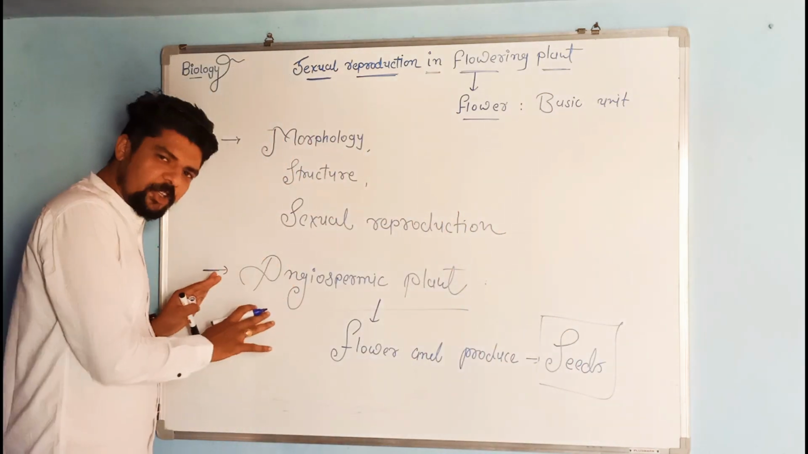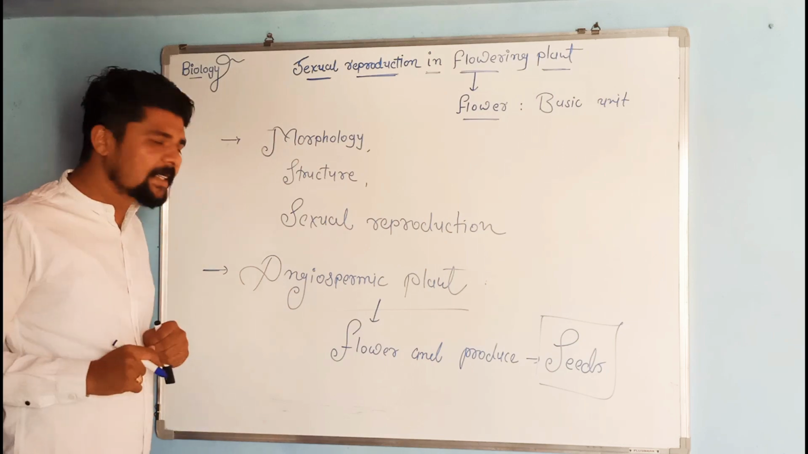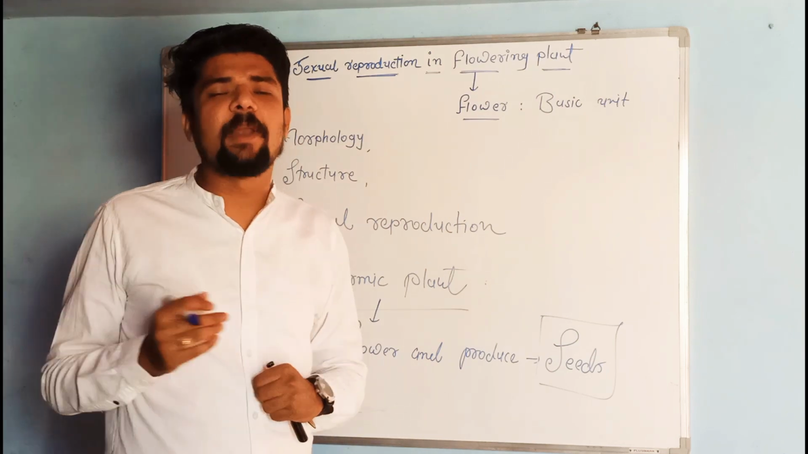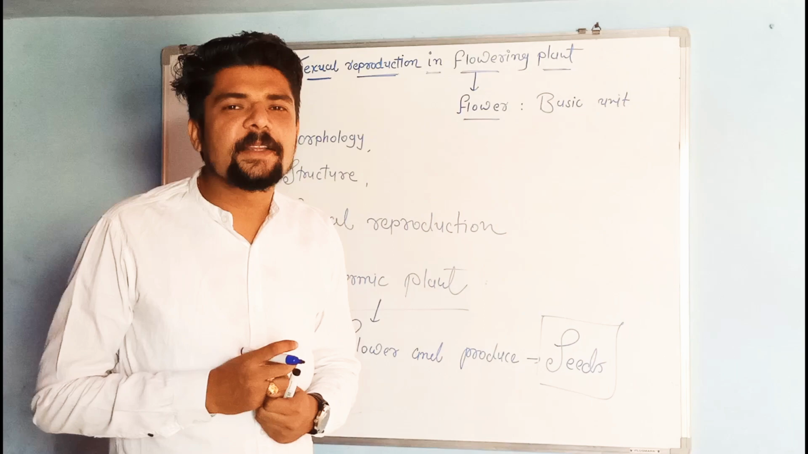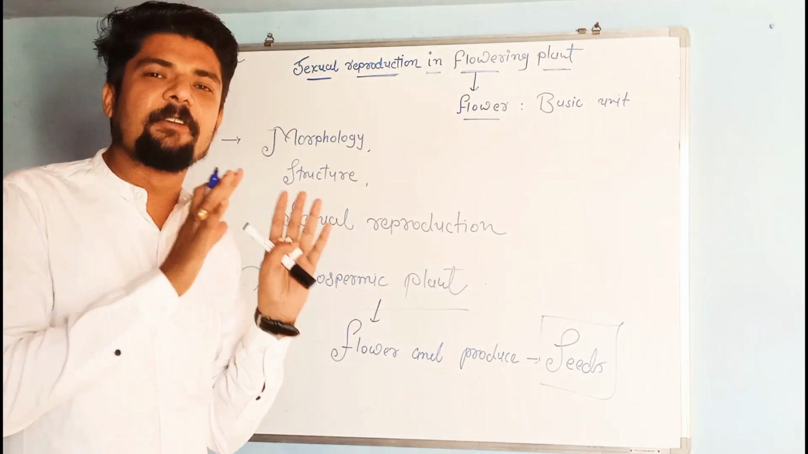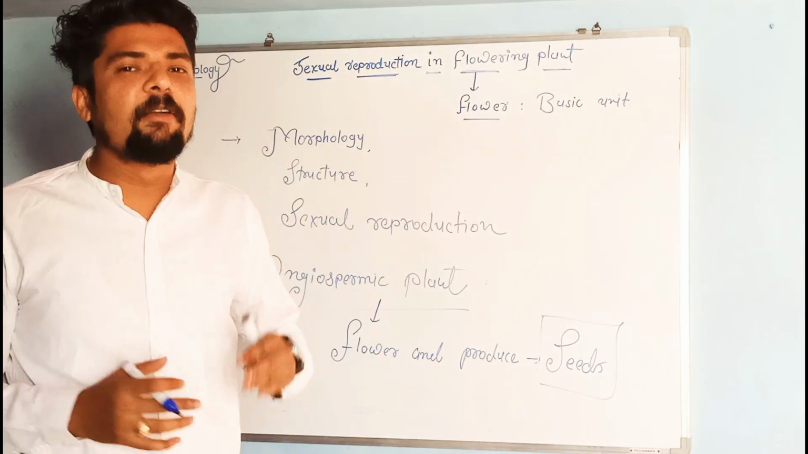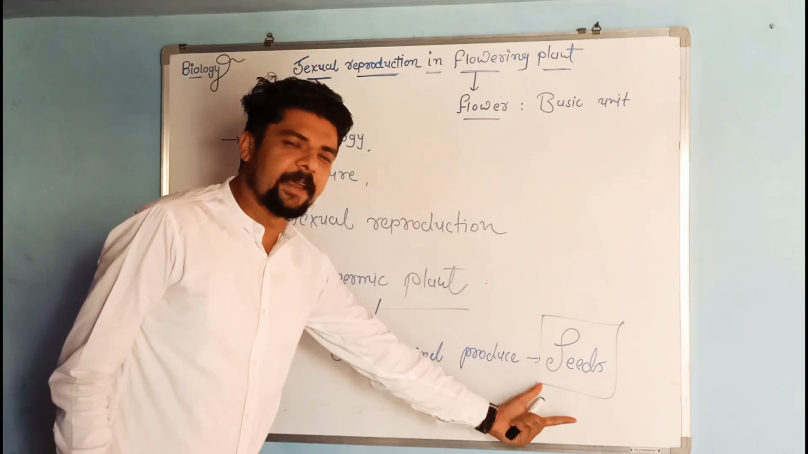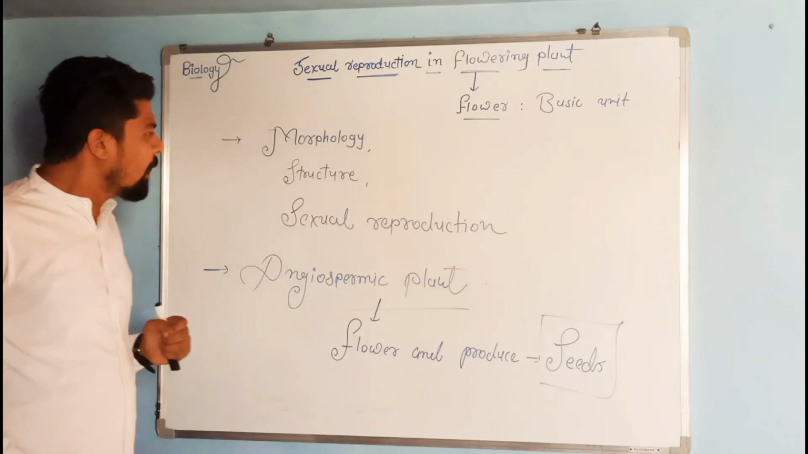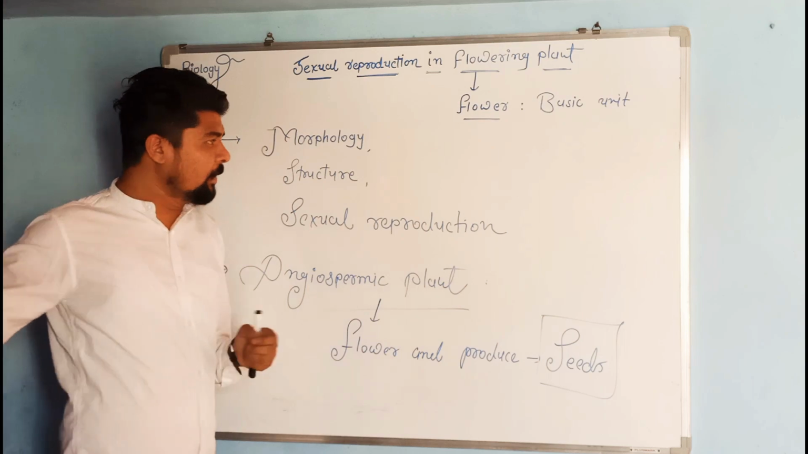Okay, angiospermic plant means ऐसे प्लांट की जहां पे फ्लावर तो ग्रो करता ही है, उसके साथ साथ ये फ्लावर्स जो है वो क्या डेवलप करवाएंगे? तो वो डेवलप करवाएंगे सीड्स. Okay, now next point,